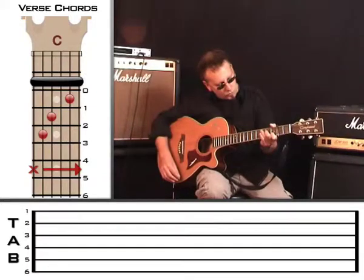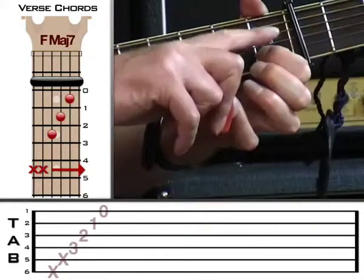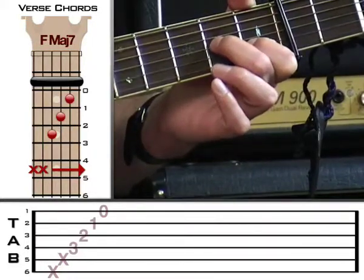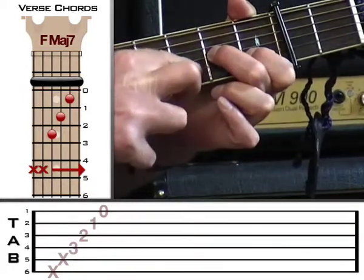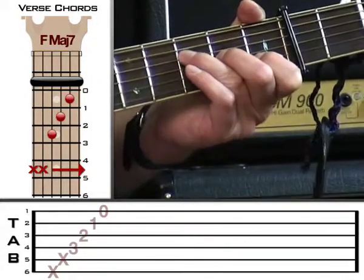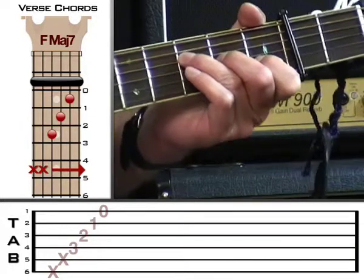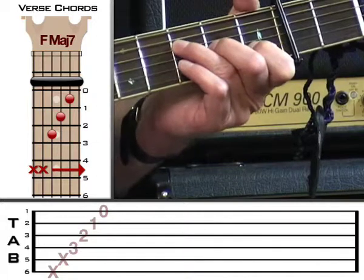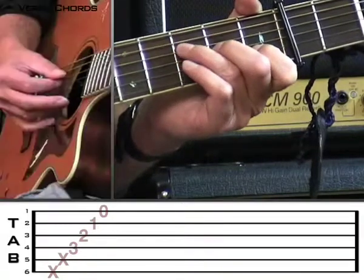The 2nd chord is an F major 7. You keep the 1st finger where it is, and the 2nd finger goes down onto the 2nd fret of the 3rd string up, and the 3rd finger onto the 4th string up, 3rd fret. So it's basically those 2 fingers are moving across and the 1st finger's staying where it was. So that's an F major 7,